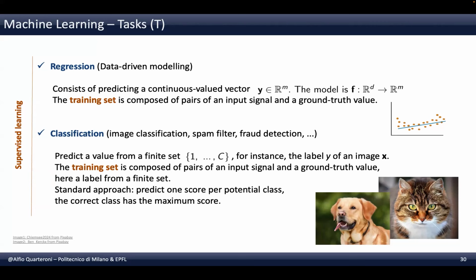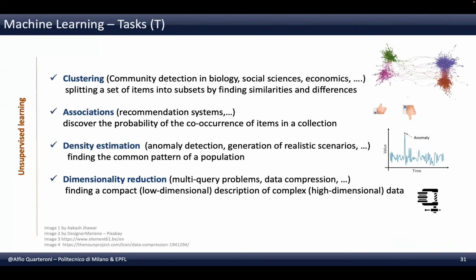This is supervised learning, but you have then unsupervised learning, like clustering. You want to split a set of items into subsets by finding similarities or differences. You find this in economics, biology, social sciences, and associations for recommendation systems. You want to discover the probability of the occurrence of items in a collection. For instance, you want to recommend